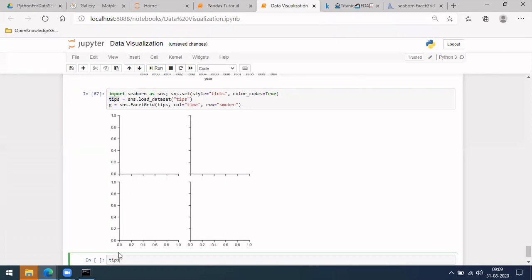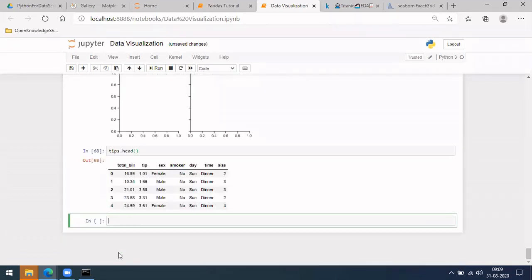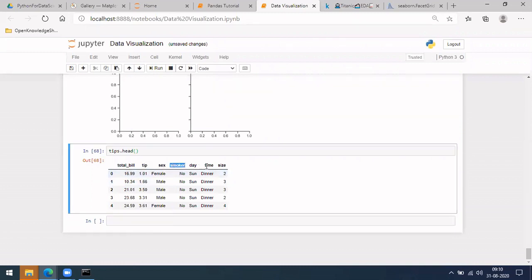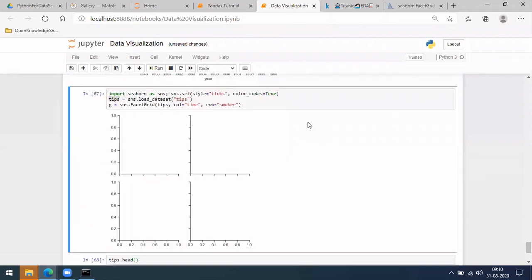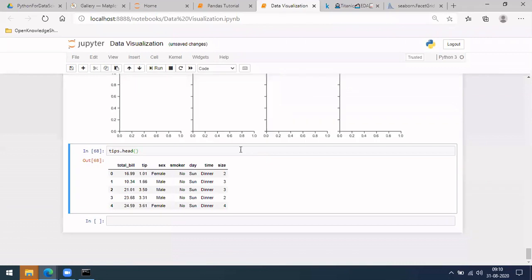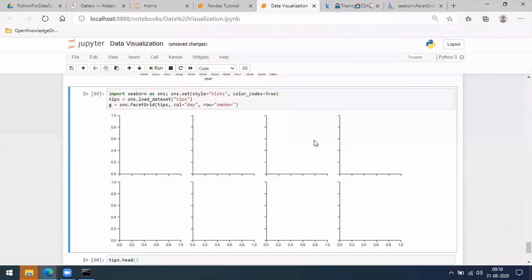Let me do tips.head. So you have these, right? In this, for smoker, and let me do day here instead of time. There are four different day values over there.